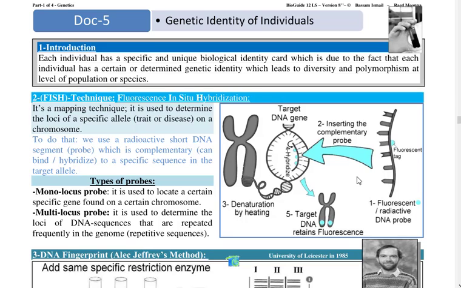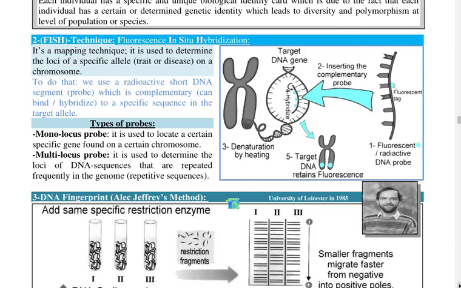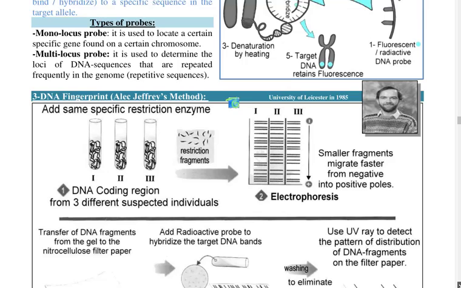Meaning, if I want to know if someone has this allele in his gene or not, I get a piece of DNA that is complementary to this part. It's called a probe. Then I attach a fluorescent tag, a fluorescent molecule, to it and insert it inside the nucleus of his cell. If it attaches, we know that he has this allele. If it doesn't attach, he doesn't have this allele. For example, you're searching for a disease allele in the cells of a fetus before the fetus is born.